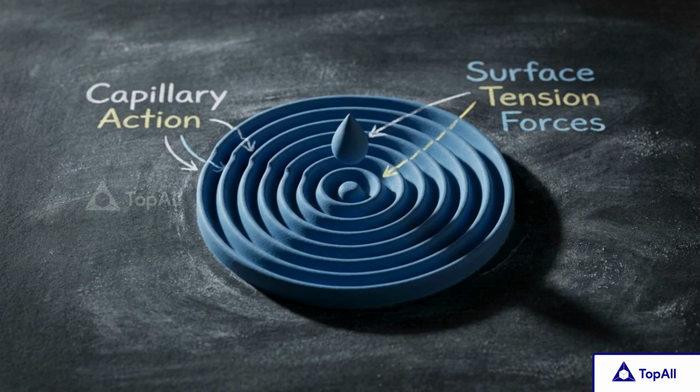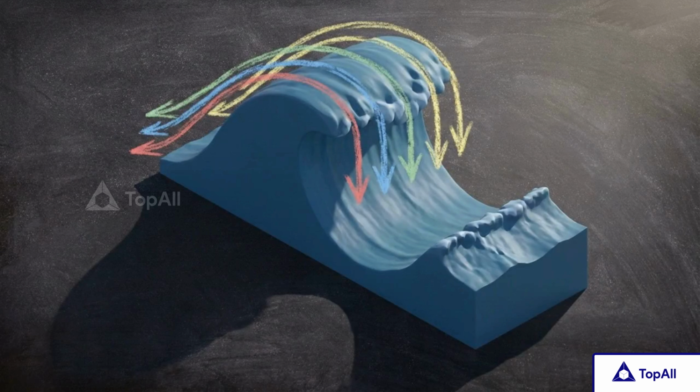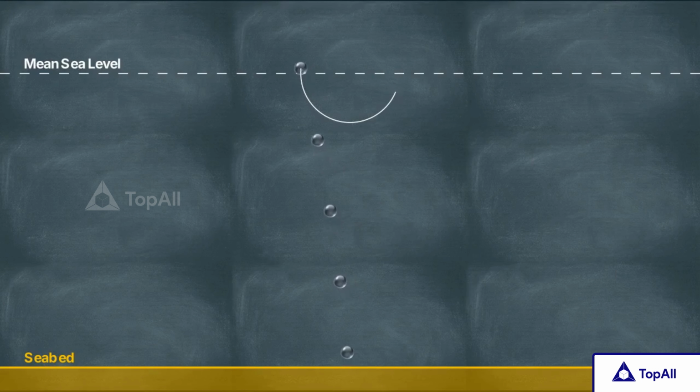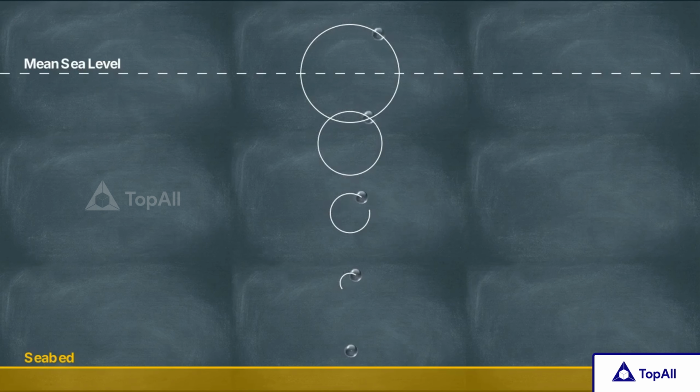Two different restoring forces create this effect. Short ripples, called capillary waves, are produced by the surface tension of the water. Larger gravity waves are produced by the pull of Earth's gravity, trying to keep the water surface at its lowest possible level. And this circular oscillation isn't confined to the surface. The particle motion extends downward, with the circles shrinking in amplitude the closer you get to the ocean floor.